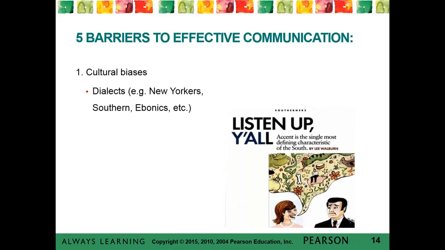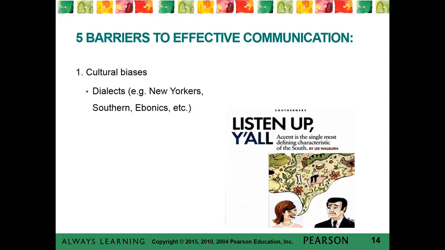There are barriers to being effective in terms of communicating. Some of the barriers include, for example, your cultural biases. And the author explains to us that there is something known as our dialect, in which we have these sort of cultural biases, these unwarranted assumptions about people. He defines dialect as referring to patterns in the way that people use language.